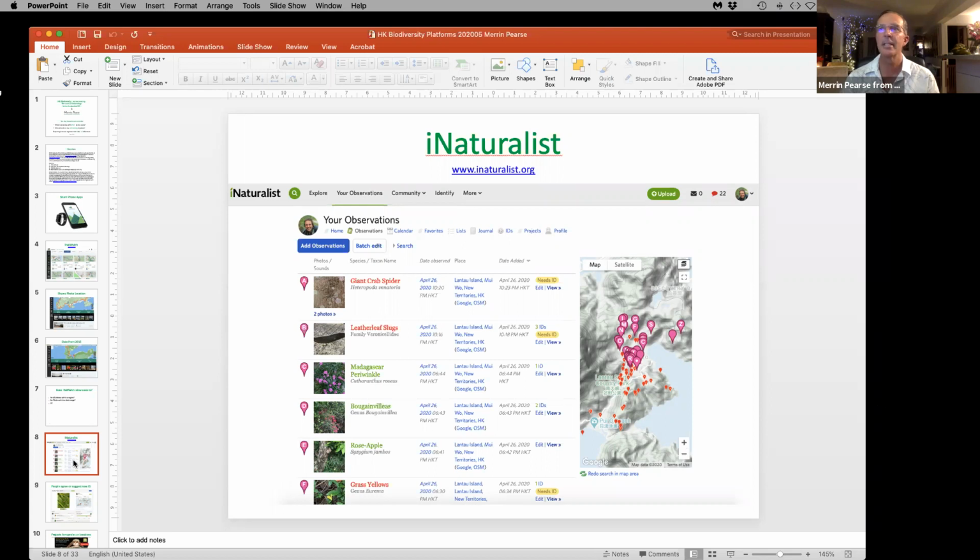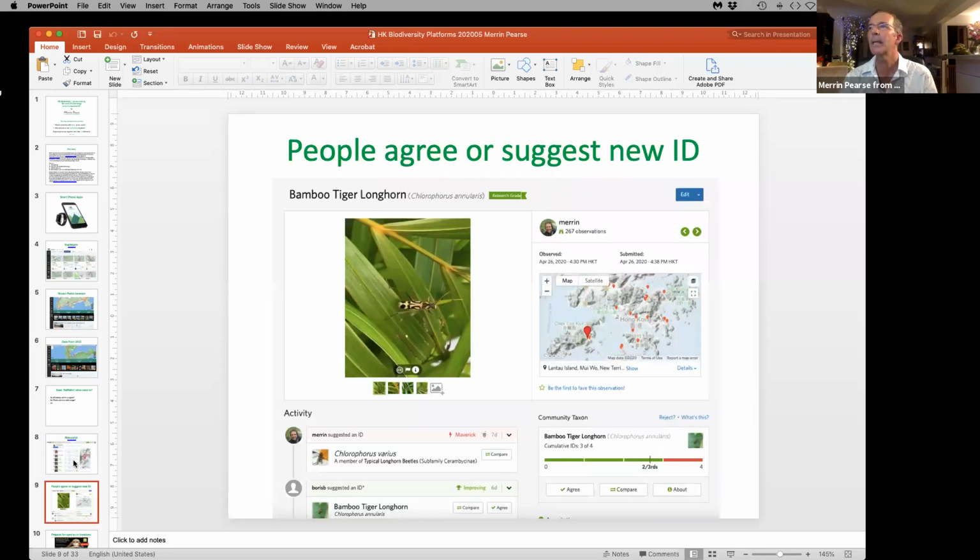What's great about this is that as you go and identify something, so I took this photo of this bug, and I didn't have any other idea than bug when I started this, I uploaded that, and the software gives you some suggestions, and I thought, oh well, it might be this thing. So it came up with this suggestion, and then 2 other people have said, no, we think this is the bamboo tiger longhorn. So it then has community agreement of what I've photographed or anyone's photographed, and then I can go back and change it, say, yep, I agree with these suggestions. And that then becomes what they call a research grade